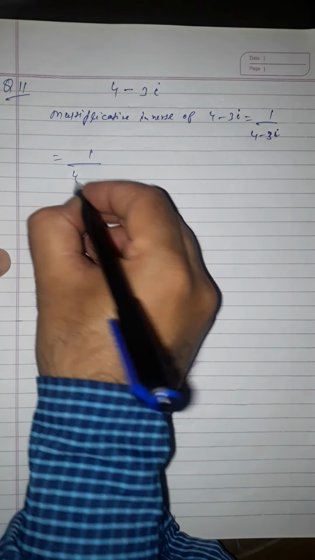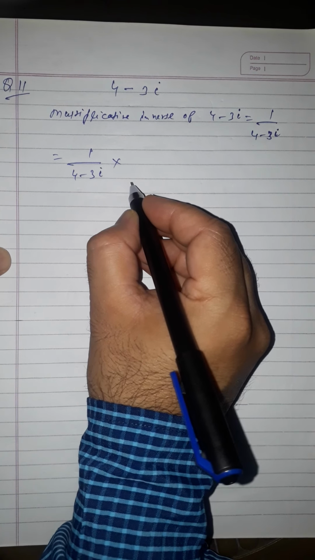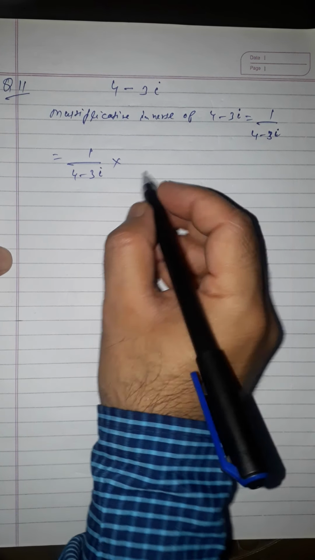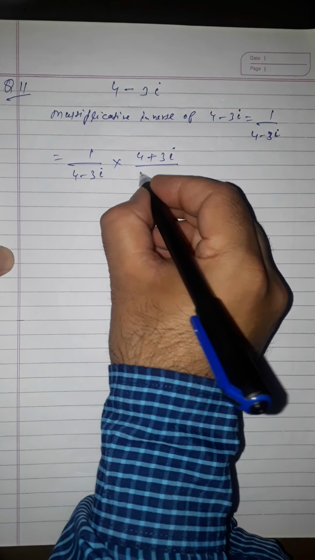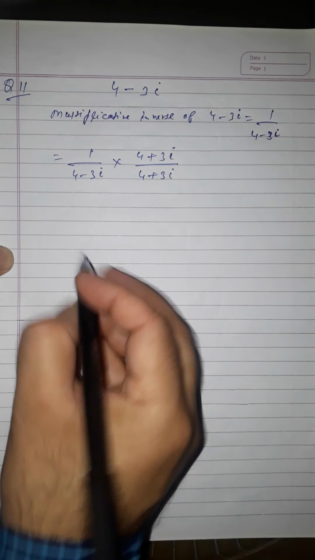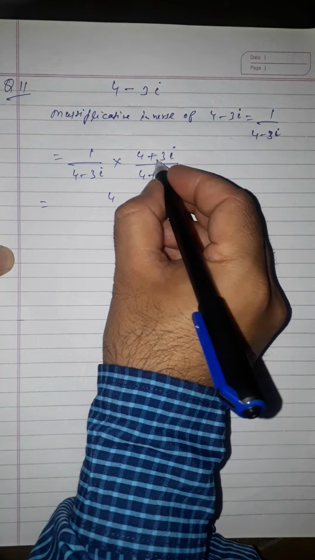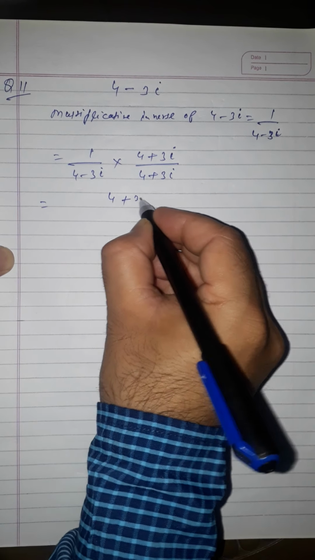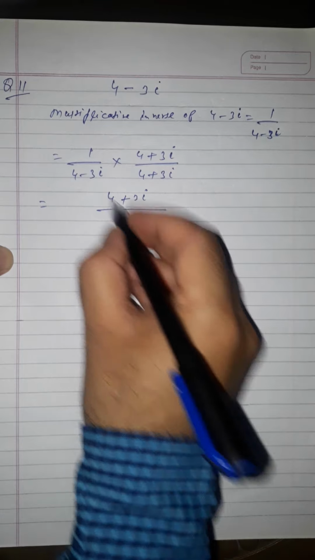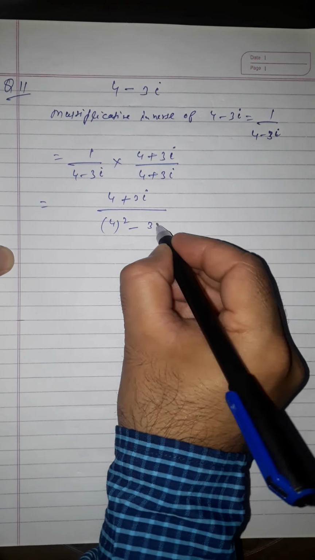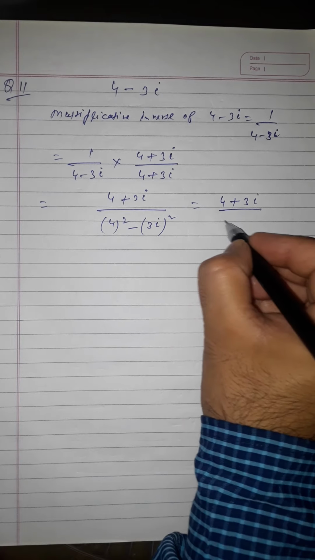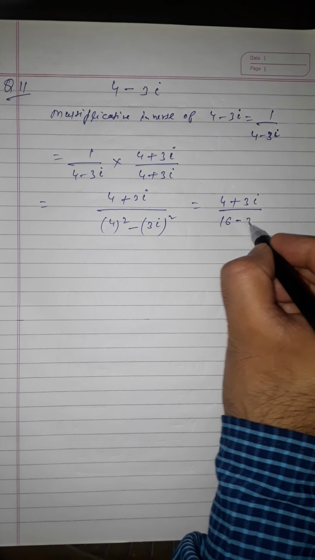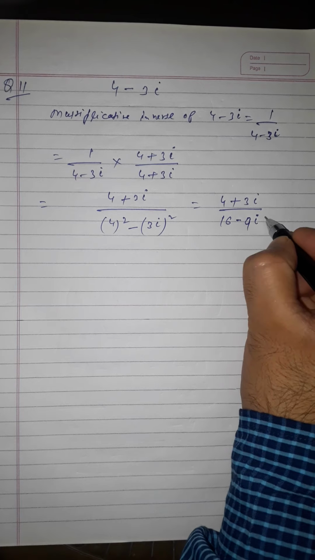That is equal to 1 over 4 minus 3 iota. Then we will rationalize it, students. While you rationalize, it will come as 4 plus 3 iota upon 4 plus 3 iota, right, students? Now the numerator is multiplied with the numerator, so it will come as 4 plus 3 iota. The denominator is now 4 square minus 3 iota, its square, right? Or it will come as 4 plus 3 iota upon 4 4s are 16 minus 3 square is 9 iota square.